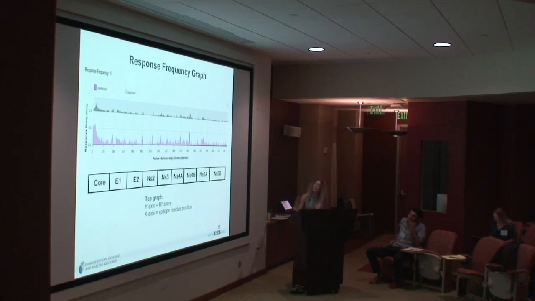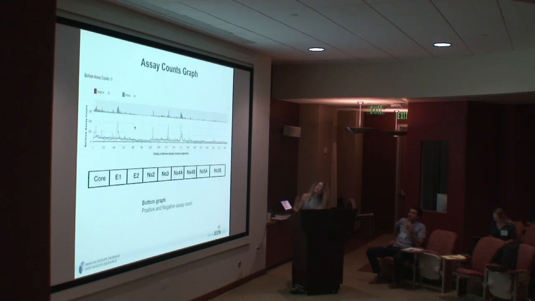So this is all responses for all hosts. Then the second graph you'll see on that page when it pops up is the assay count page. This allows you to look at both positive and negative. On the upper graph, you may see a blank spot. You don't know, is it blank because it's a non-immunogenic region, or it just hasn't been well covered? This graph allows you to answer that question. So you get the relative